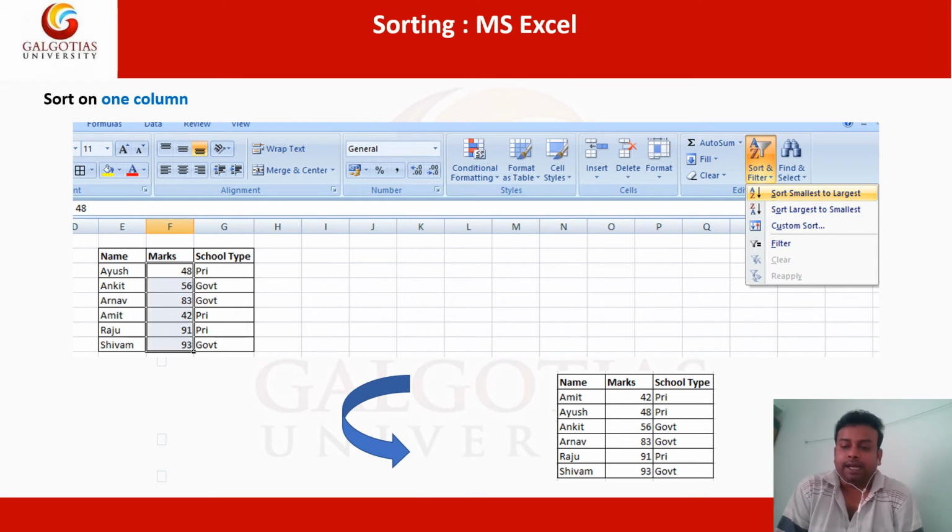After clicking on that, the result will be shown. As per this data set, the mark 42 is the smallest, so it appears first. Then 48 is the next smallest, so it appears in the second position. You see in the figure all the data is sorted from smallest to largest, that is, ascending order.